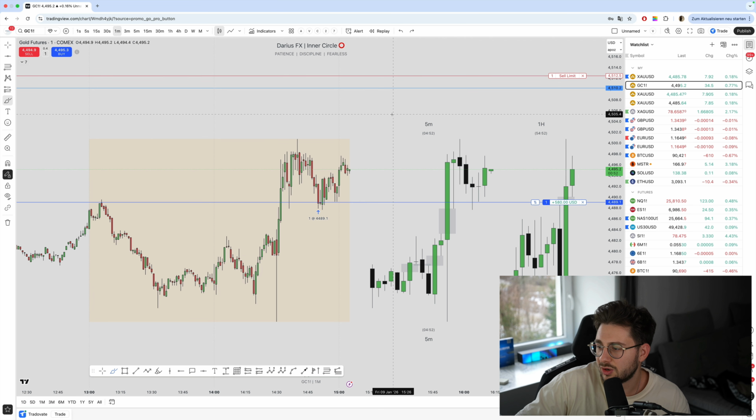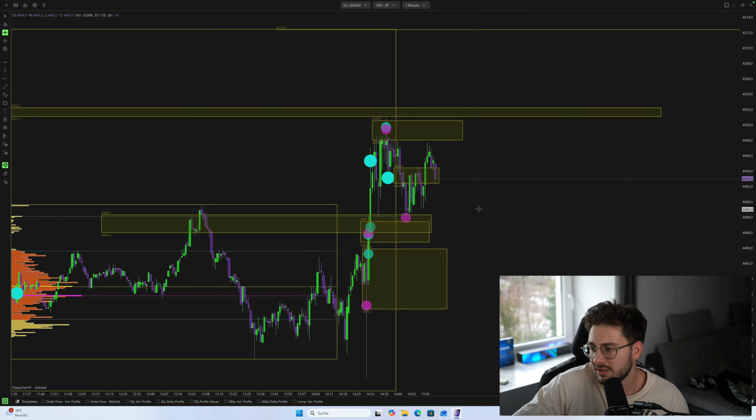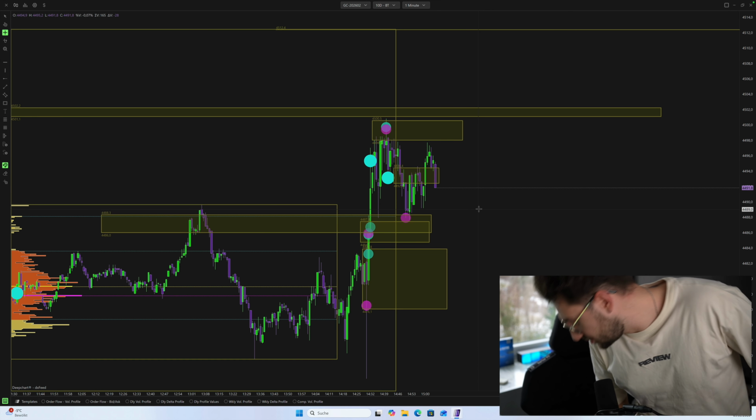So it could be very fast done, this entire trade. Let's see. But we need to respect this area right now. It's okay if it's retesting it. It's also okay if it goes a little bit below it. Completely fine. Best case would be to not retest this entire area one more time. That would be great. So I'm gonna grab myself some water right now, and then I'm just coming back here. Let's see. Hope TP till I come.